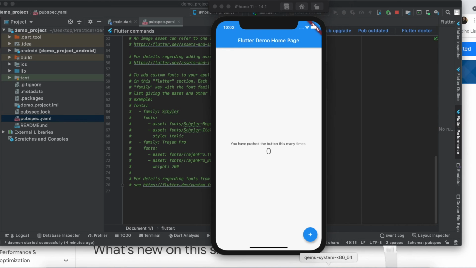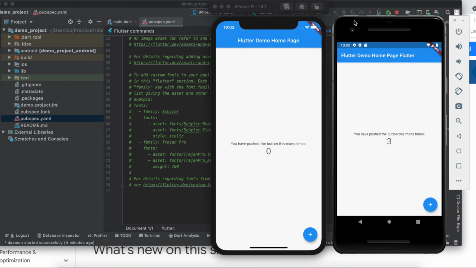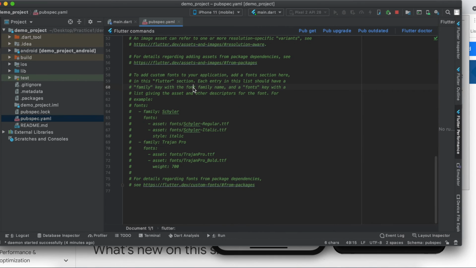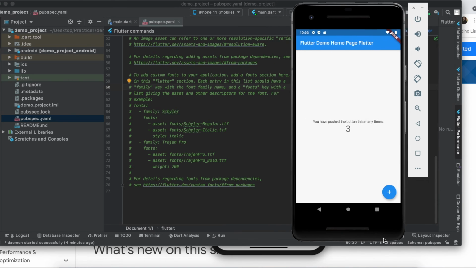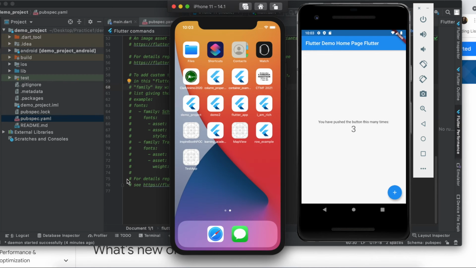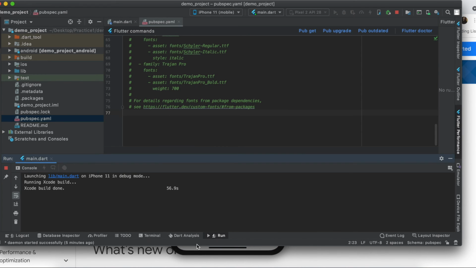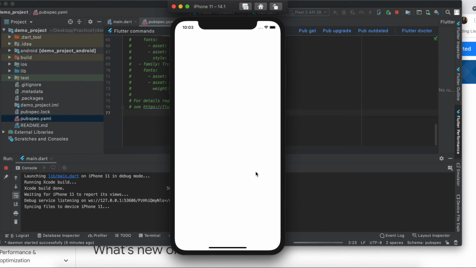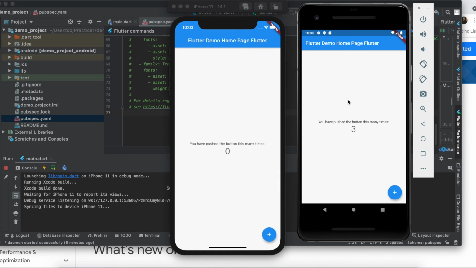This will come whenever you run this application on iPhone 11 and whatever emulator you have. I have already kept it running, just because it takes a lot of time to launch it the first time. Yeah, Xcode build done. So it has been launched on your iPhone 11. And for the simulator, the same thing will happen.